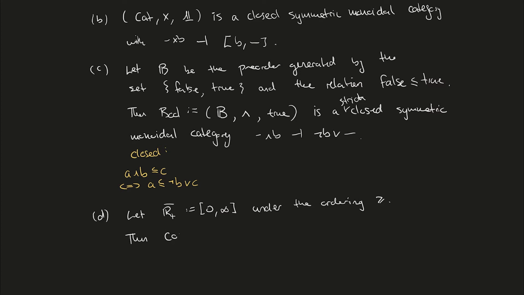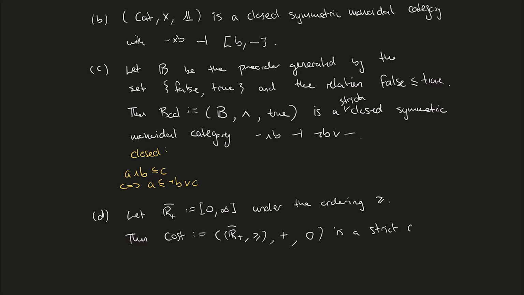We now define a monoidal category called Cost, which is equal to the extended non-negative real numbers under this ordering relationship greater than or equal to. And we have a monoidal product, which is addition, and the unit with respect to this product is 0. And this is a